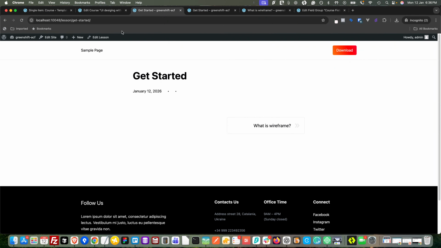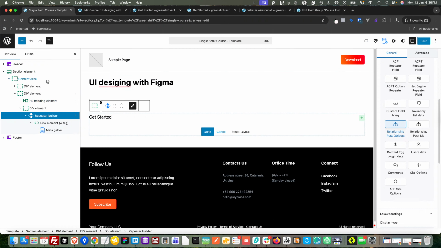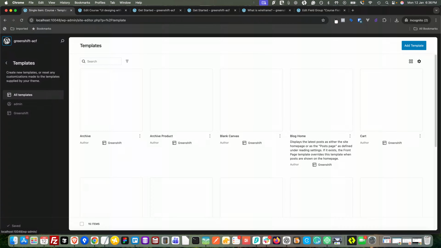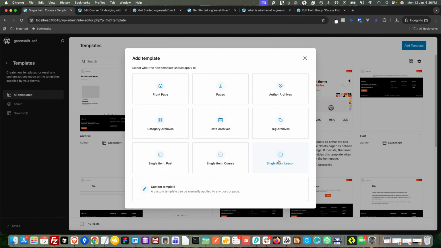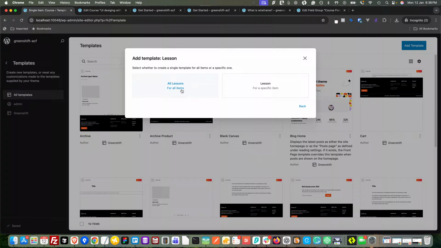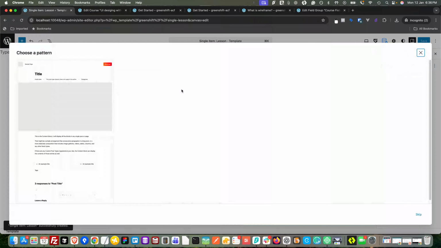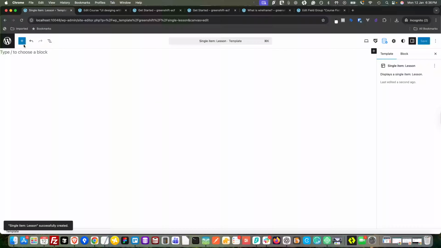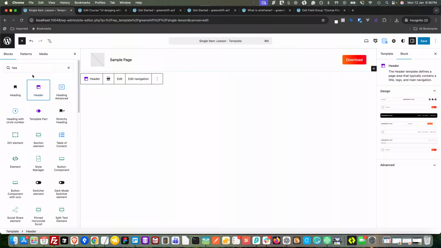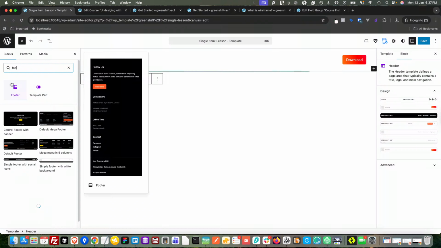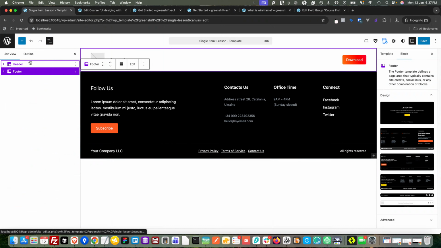Let's create the template for the lessons. How can we do that? Let's go to the template that we have, single item course. Let's click this WordPress icon and add template. And this time I'm going to select single item lesson, and it will be assigned for all lessons. As usual, I'm going to skip the default import option. And here I'm going to select the header and the footer,